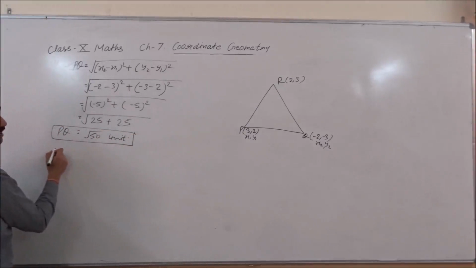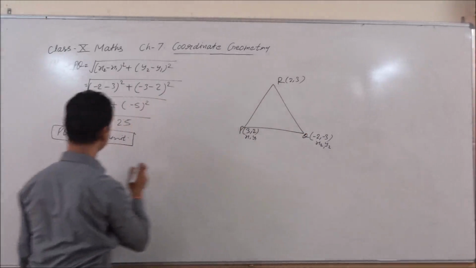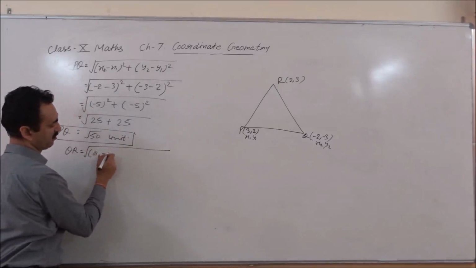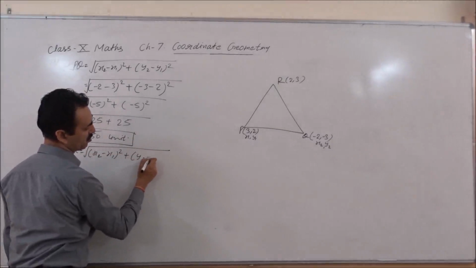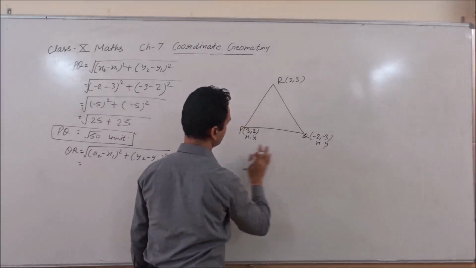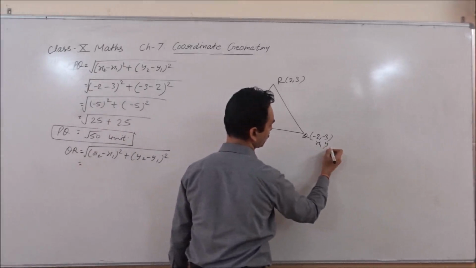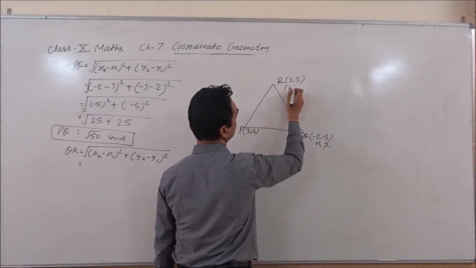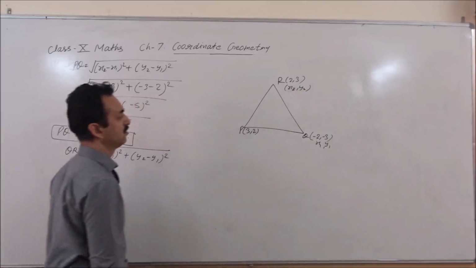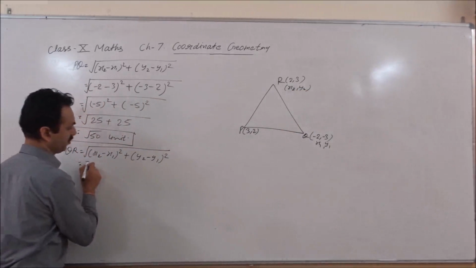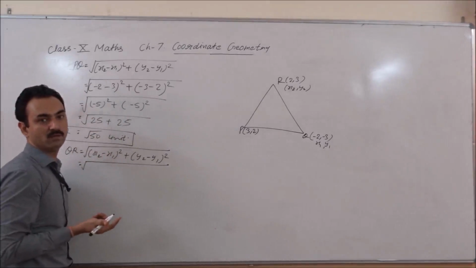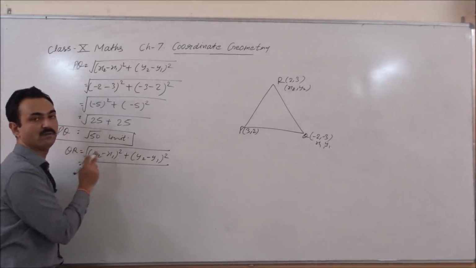Now by the same method we will find QR. Again we write the formula. You have to write the formula again so that you will not make any mistake, because whenever we see it, then we put the values. This time this is x1, y1 and this is x2, y2. You put the values again in the formula. If it is not written here, where will you put the values? So I am saying that you will write the formula again.